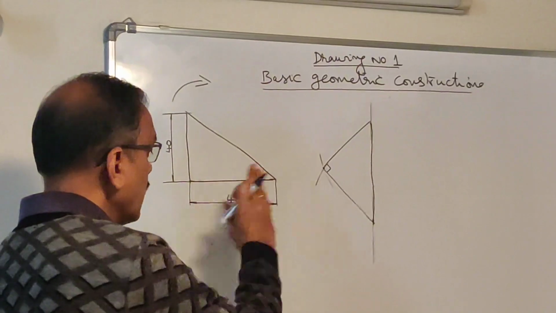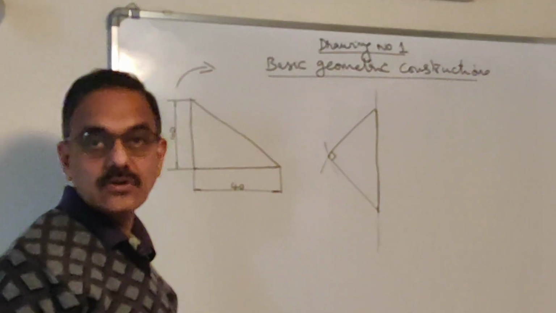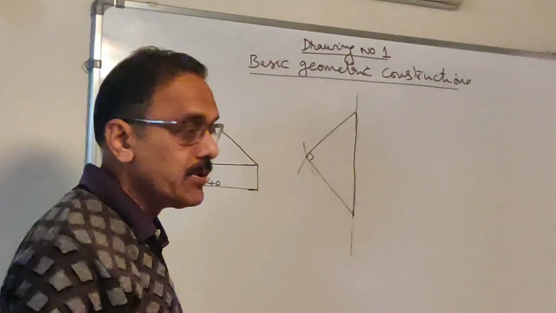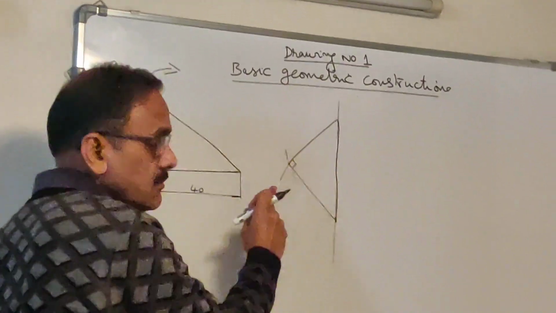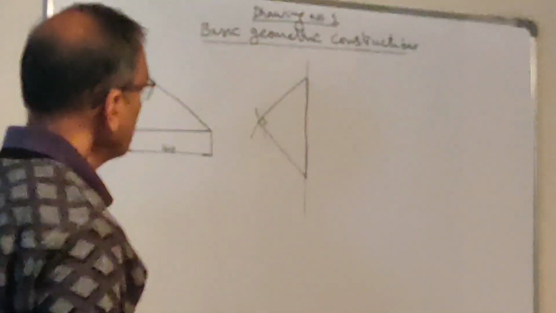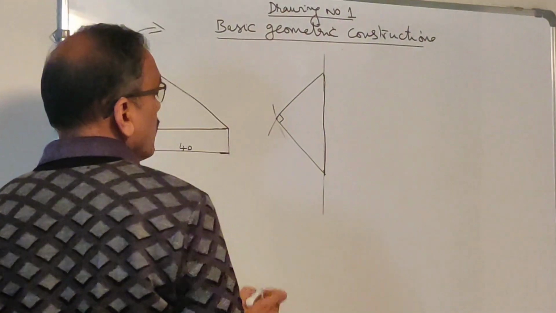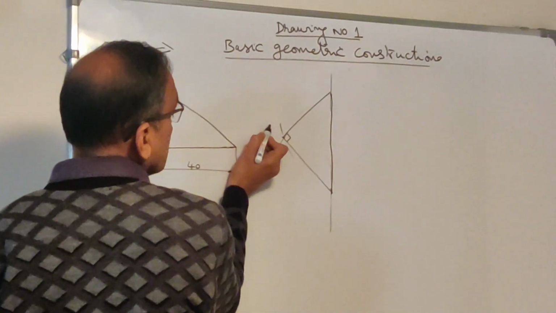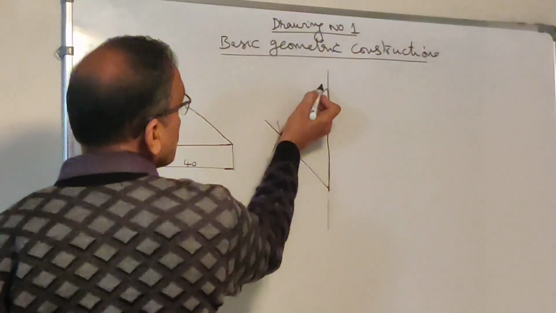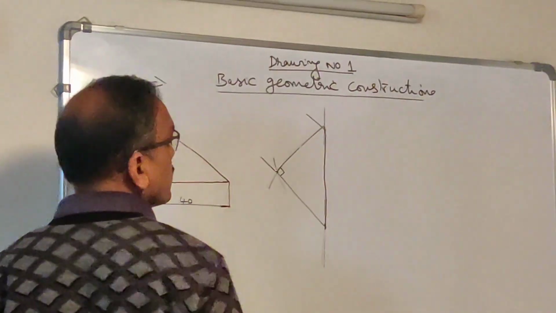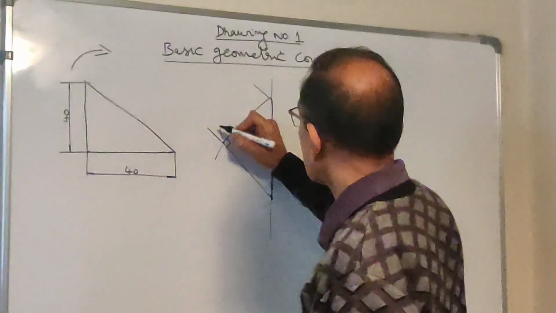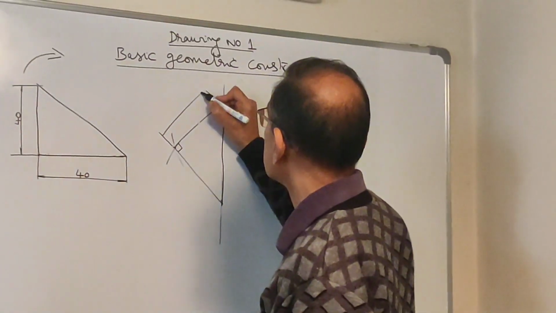The same triangle I have drawn here in a different position, that's all. I have not changed the dimensions at all. Now once again you need to do the dimensioning for these two edges. How do you do the dimensioning? If this is the main line, what is the procedure that was told to you? First you need to draw extension lines, and the extension line should be perpendicular to the main line. The angle should be 90, and then you draw a dimension line parallel to the main line like this.